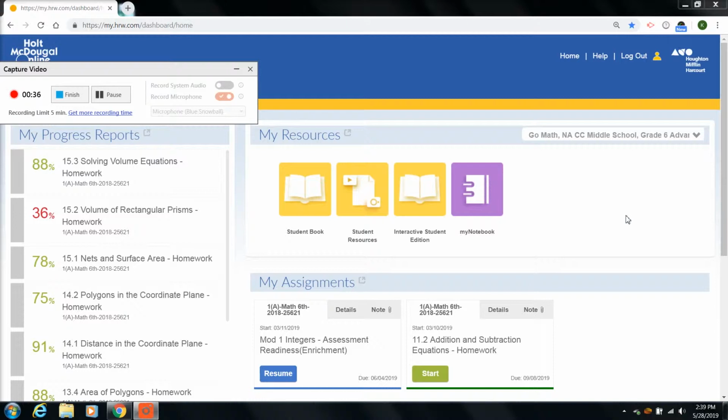The final 2 parts are the Personal Math Trainers. The Elaborate Personal Math Trainer includes several practice problems, while the Evaluate Personal Math Trainer is the same as the homework that can be assigned by the teacher. Let's view an example. So the Interactive Student Edition, when selected,